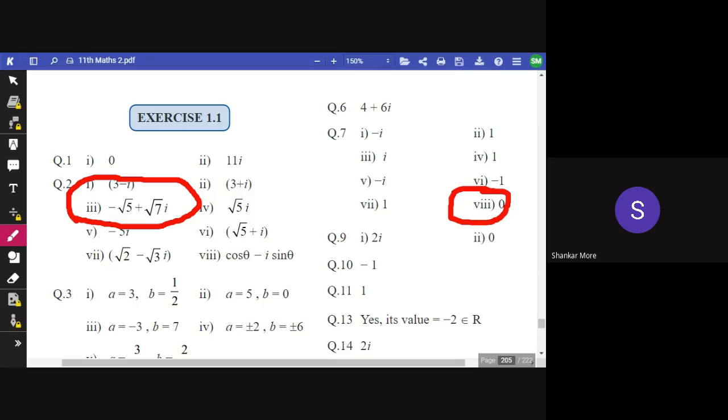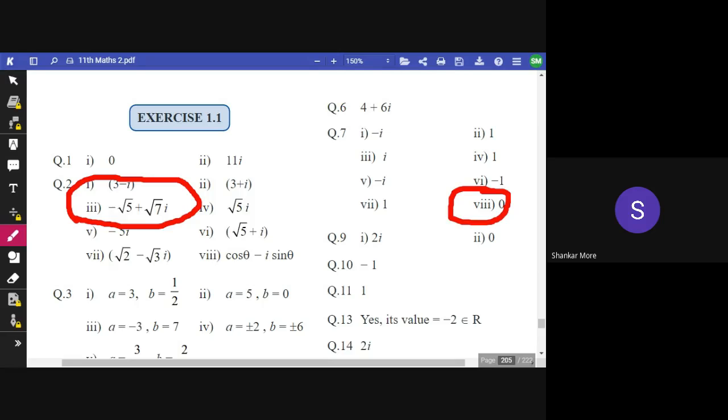Solve the following quadratic equation. For solving this quadratic equation, you have to use Sridharacharya's formula: x is equal to minus b plus or minus under root b square minus 4ac, divided by 2a. For all of these questions, this formula is applicable. Find the numerical value of these equations with the help of the given value of x.